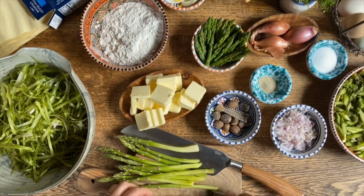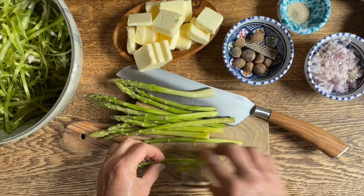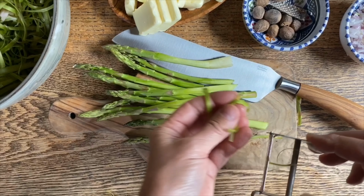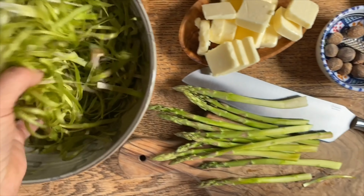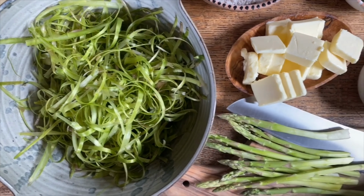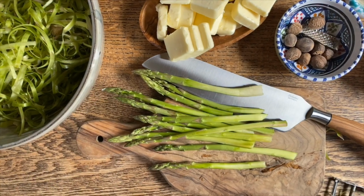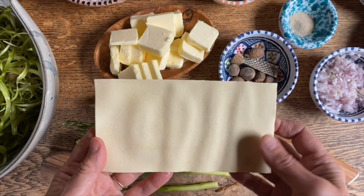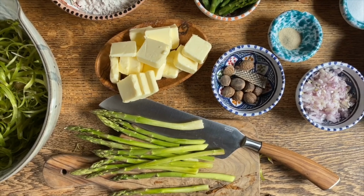Today we're gonna make some asparagus lasagna. We're just gonna peel off a little bit of the outside, but of course we're gonna use it. We're not gonna waste anything and use this as well. We're gonna make it with sheets of pasta by Barilla, which is an Italian brand, and it's going to be